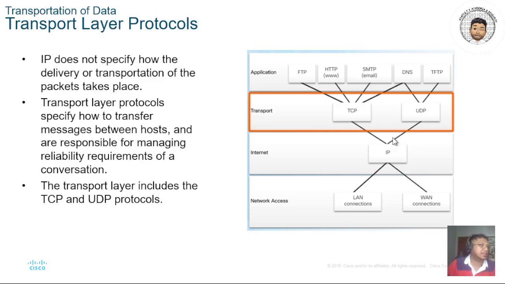In case you don't have the internet, the IP packet will not work because you cannot send it, since you don't have the source and destination IP addresses. Before they are sent and assigned IP addresses, the transport layer will decide what kind of data and what kind of protocol is to be managed and assigned to become the IP packet. The IP basically does not specify how the delivery works. They just assign the source and the destination, but they don't decide how actually